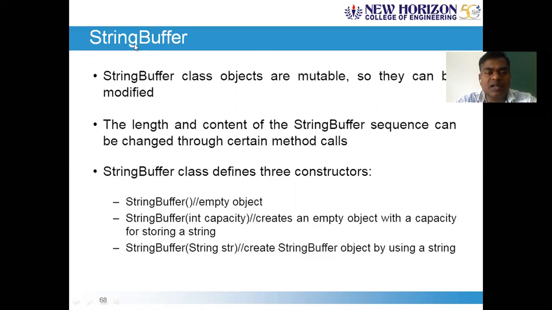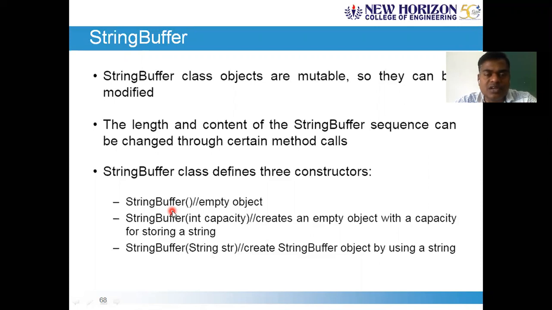So using string buffer classes, we can create strings. And of course, the length and the content of the string buffer sequence can be changed. In case of a string, once you create it, the length is fixed based on the number of characters that you have assigned.